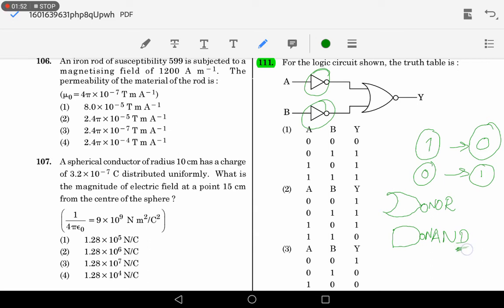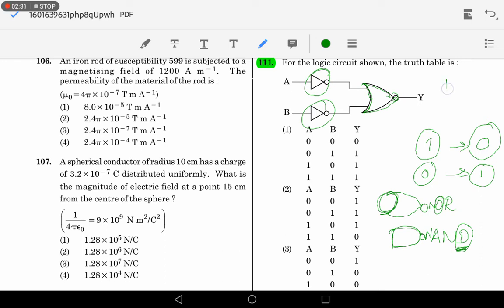The final letter of AND is D, and the gate also looks like D. Here the first letter is O, and that's why it's curved like O. This is a way to remember it. The given gate is a NOR gate, since it looks like a curved one and it has a circle before it, so it's a NOR gate. The NOR gate is like an OR gate, but just the reverse of the OR gate.